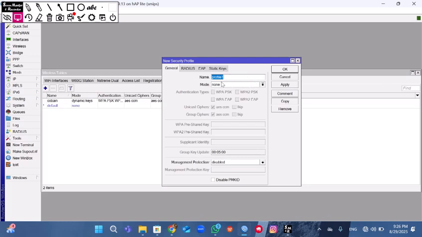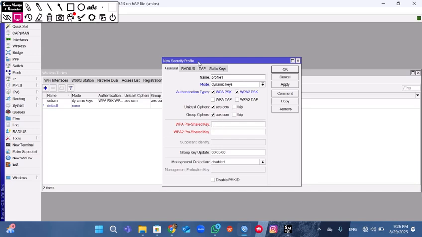Then you can customize the name and click the dynamic keys. You click this one and this one, and you put in the password of your Wi-Fi or your hotspot.